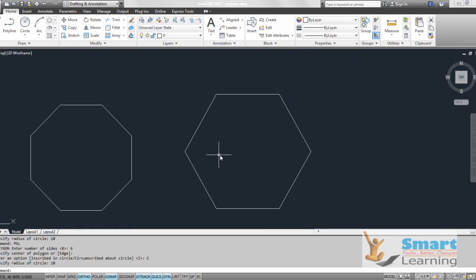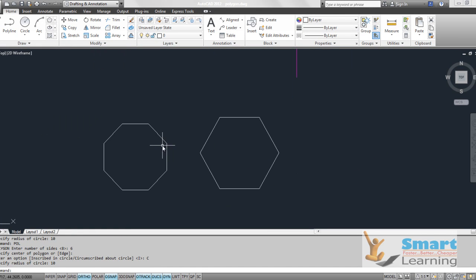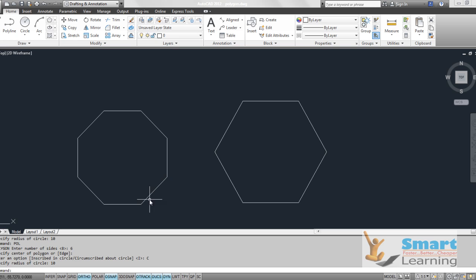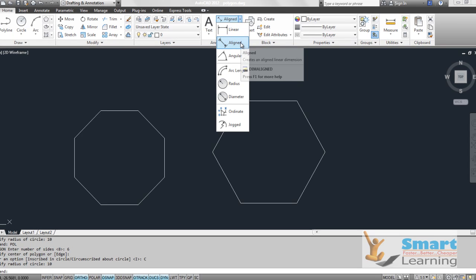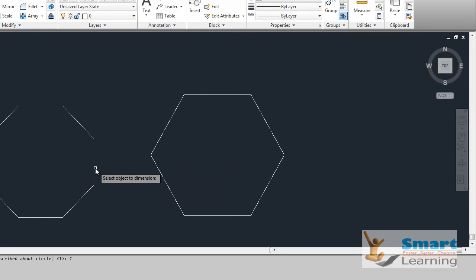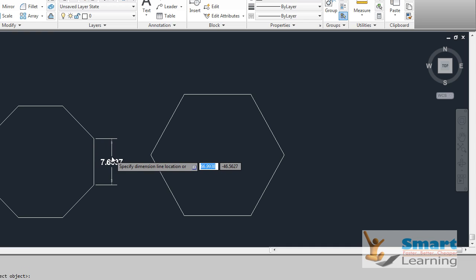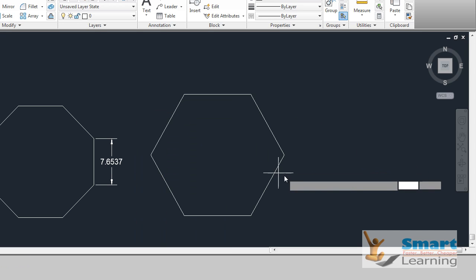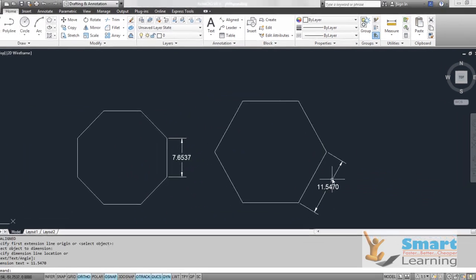So these are the two different outputs with the radius 10. One is the inscribed case, one is the circumscribed case. But in both cases, you don't have a controlled side length as this is radius driven. If you go to the dimension and do a dimension check, in this first case, this probably could be something like 7.65, which I have not specified as I have specified the radius. Just like that, you can see in this case it is something else.